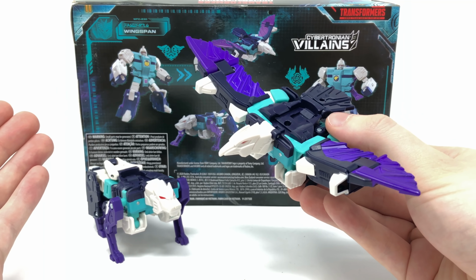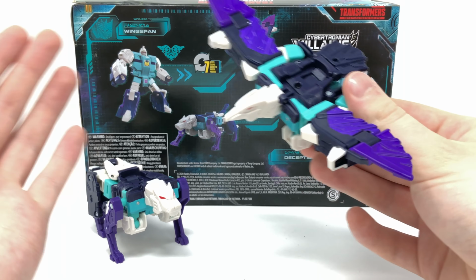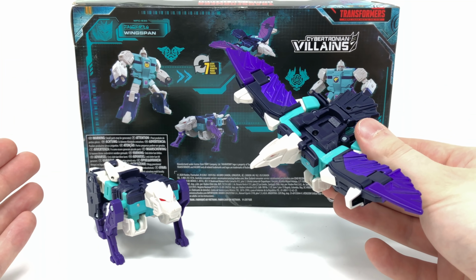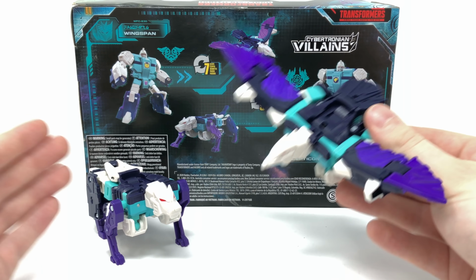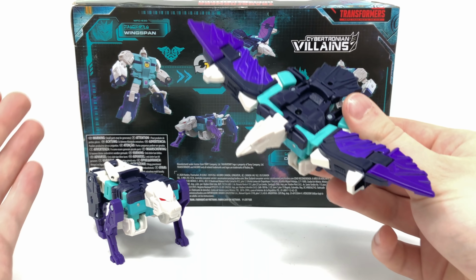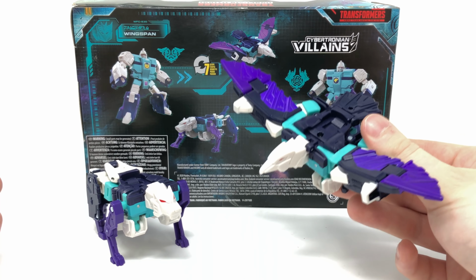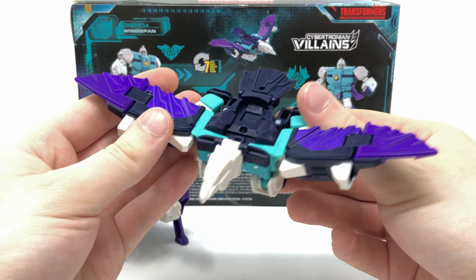Something which I was expecting them to do as well was to show some kind of combined form in the instructions, which was alluded to in the original Takara Tomy release. There are various ports on these figures which serve no other purpose in either their robot modes or in their vehicle modes that I really thought that Takara Tomy and Hasbro would this time round show us how to properly combine them. But nevertheless, here we have Wingspan, and for the most part it is quite a nice looking figure,